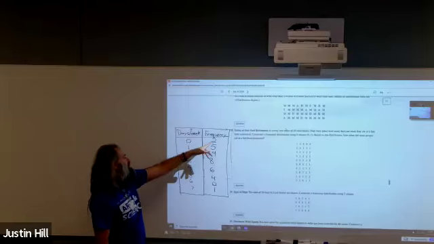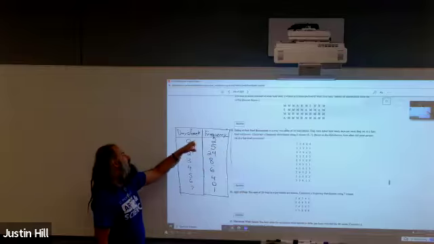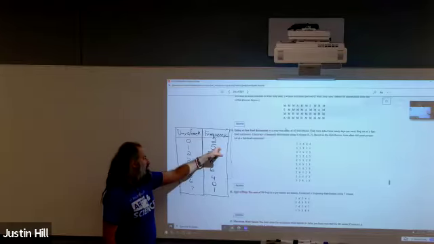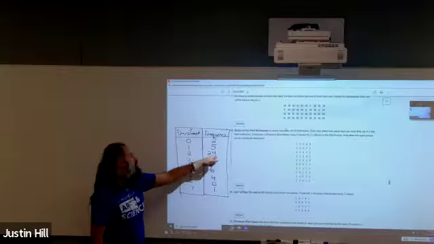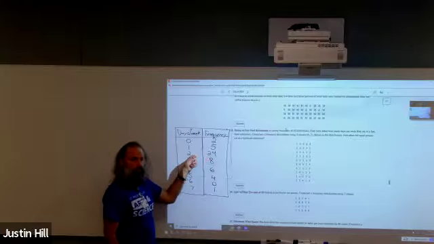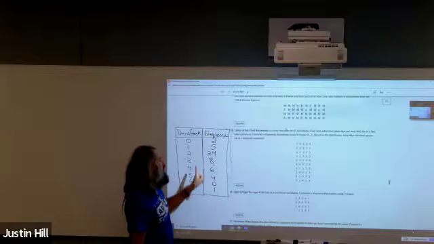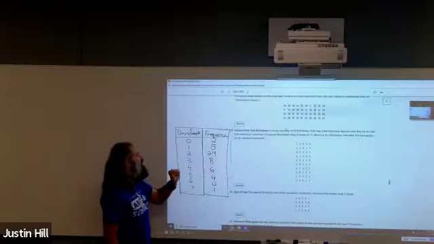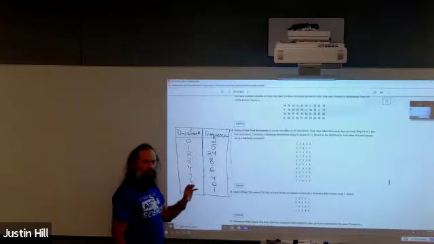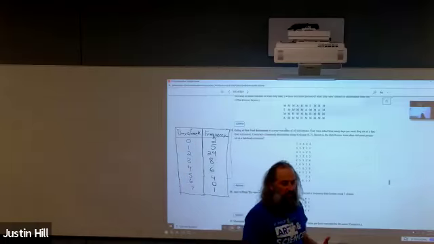So what this is saying is 2 people out of 50 ate 0 times a week. 5 people ate once a week. 24 people ate twice a week. So the numbers over here are actually the analysis of your data. These are just categories, even though they're numbers. And I say it's a weird thing.